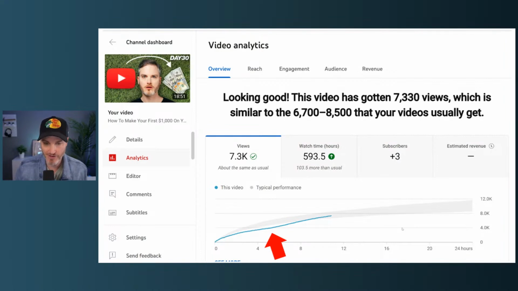range in terms of views, how many views the video gets, based on your last 10, as well as your total channel average across videos. Of course, your goal is to create a banger that outperforms your typical video, or to at least just perform as well. But this video was underperforming. But when the change was made, you could see that for sure it went from kind of a trajectory like this to boom, it started to go up. And so what was that attributed to?